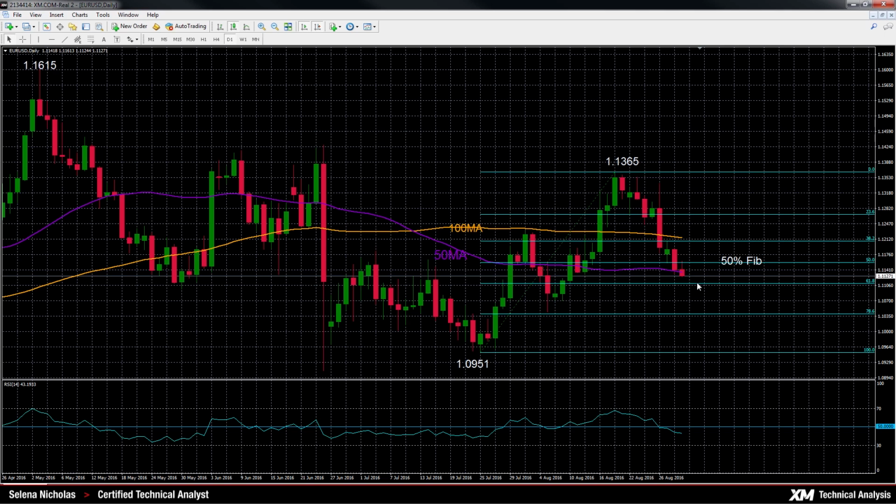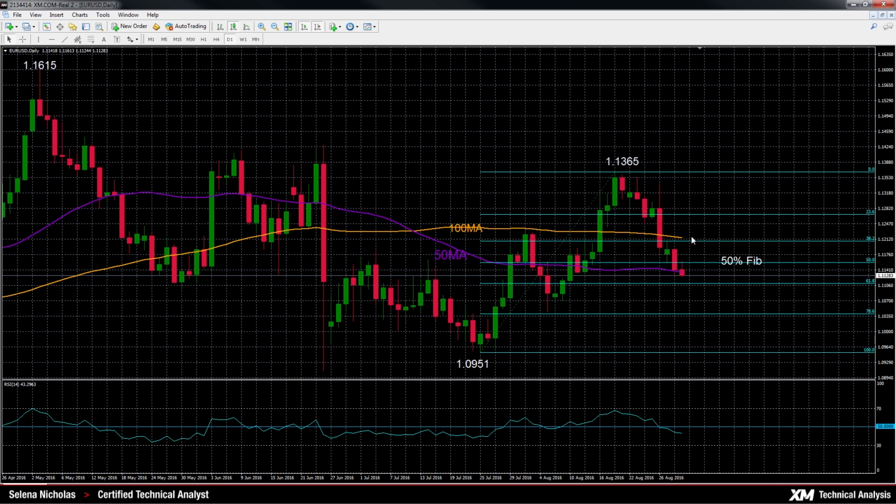So we have the 61.8 Fibonacci coming into view. It's the next important support level. If we look at RSI, it definitely highlights the bearish bias since it's falling and it's below 50 now in bearish territory. So the market would really need to move back above the 100-day moving average at least to weaken